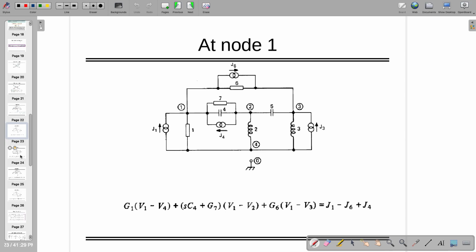So at node 1, all are getting the same answer, right? So this is copied from the book. Right? Can we write down node 2? Divansu will help us. Tell me. At node 2,